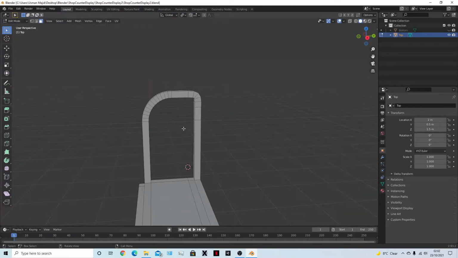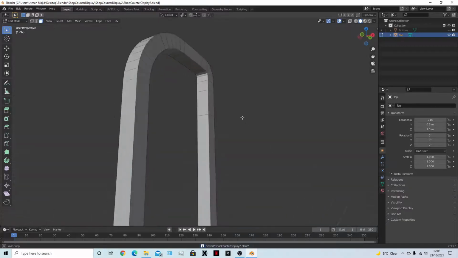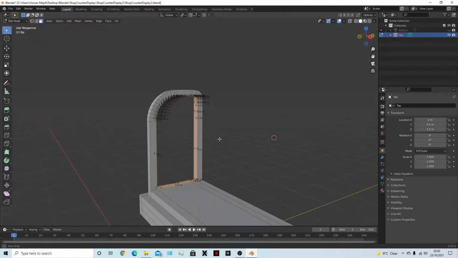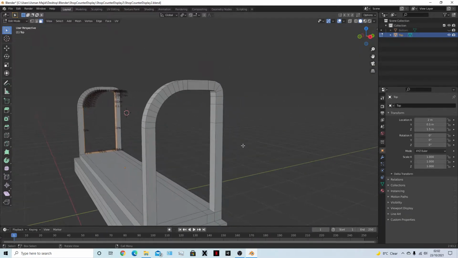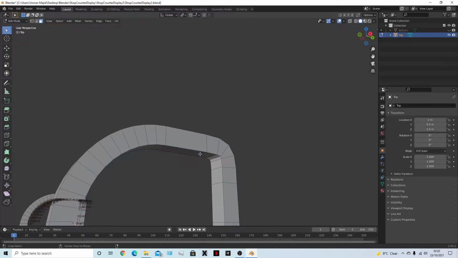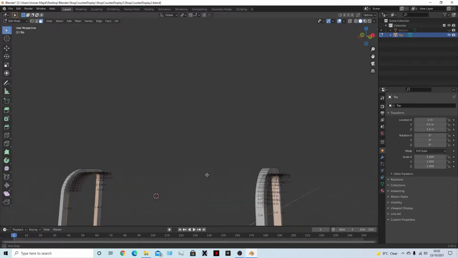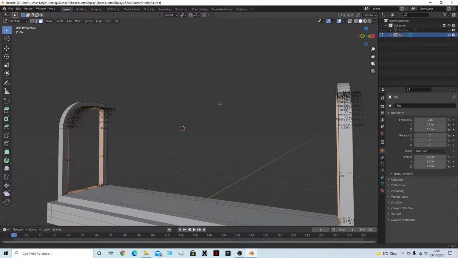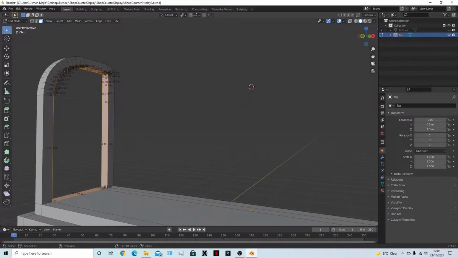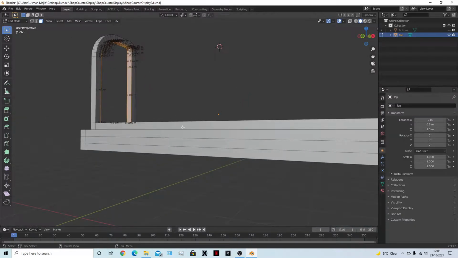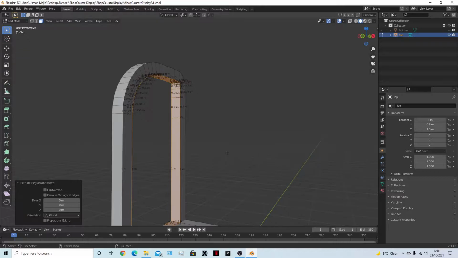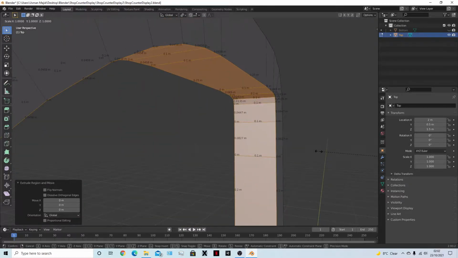So in this one, what I'm going to do first is make creases here for the glass. The first thing I'm going to do is select this part, and then I'm going to select this part here, Alt Shift right left click, and then I'm going to press E. Press E to extrude, and then right click, center it,